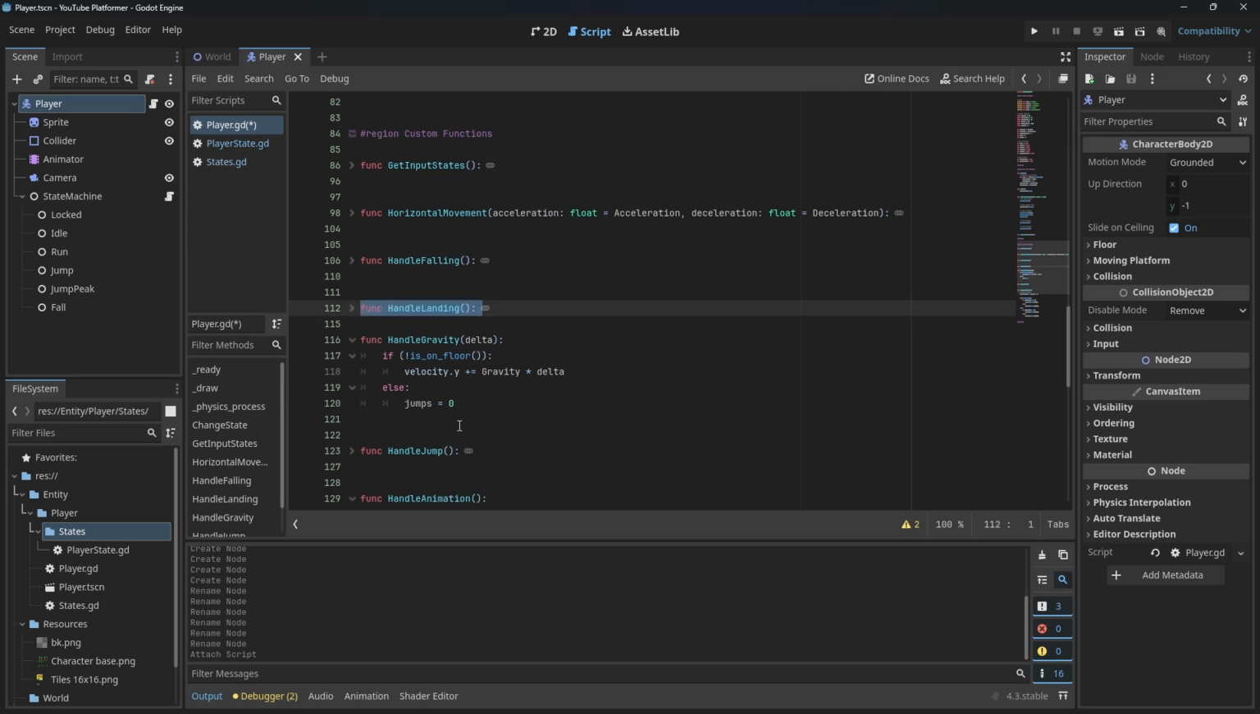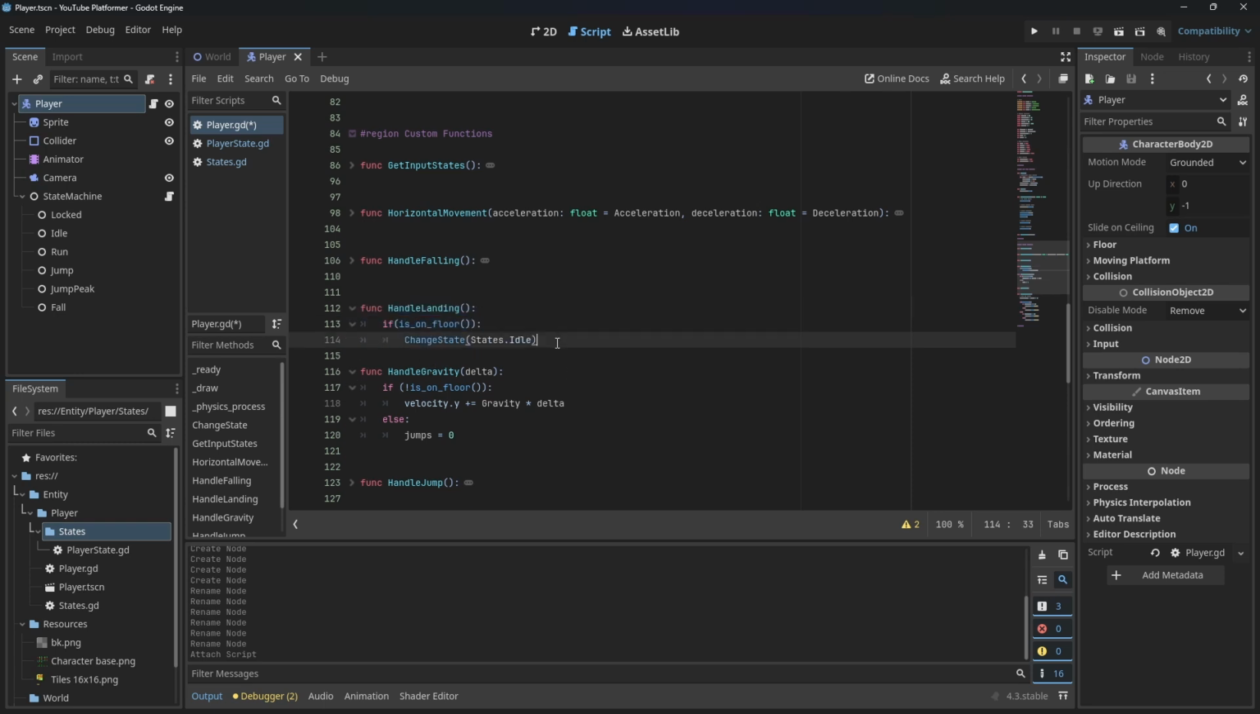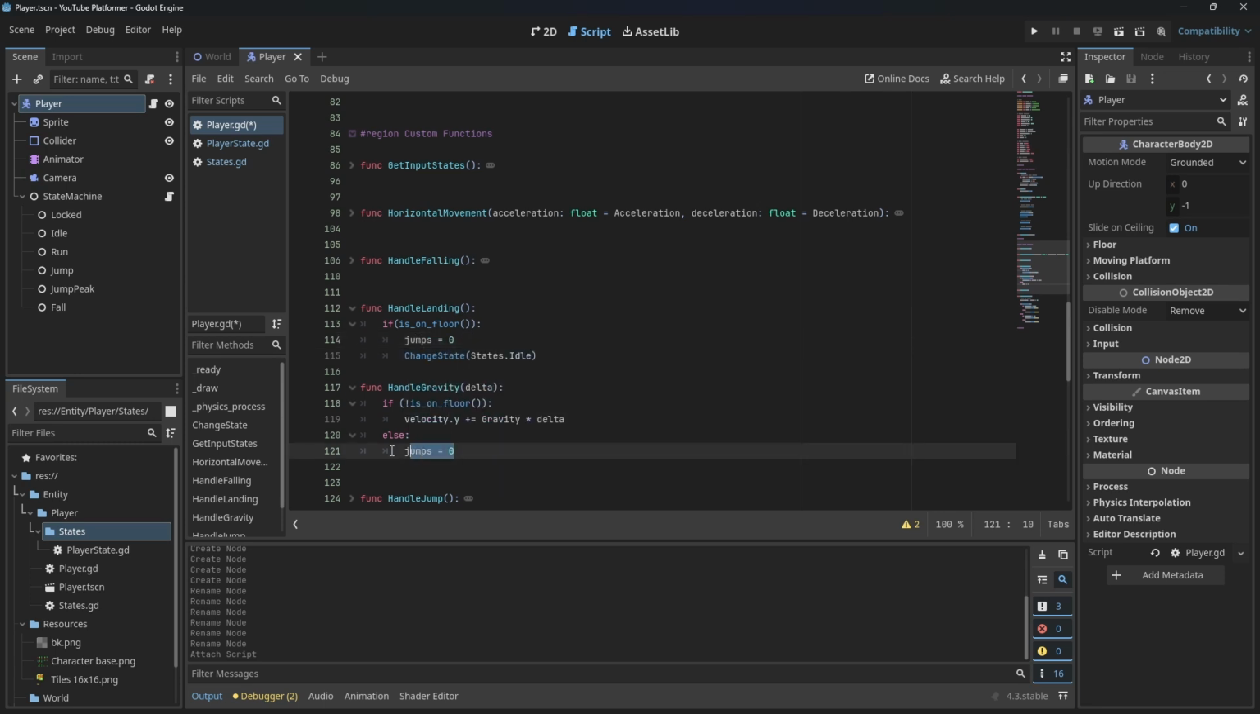Perfect. And then we have handle gravity. And on handle landing, we're actually going to right here also put jumps equals 0. We're going to reset our jumps there instead of resetting it there. And then right here, we're also going to